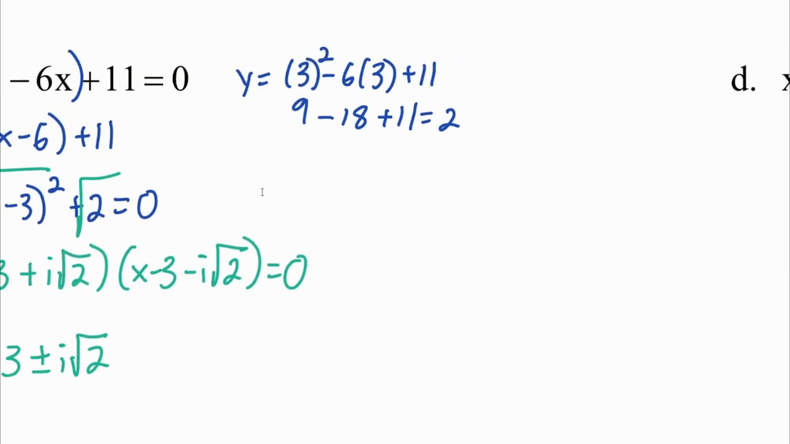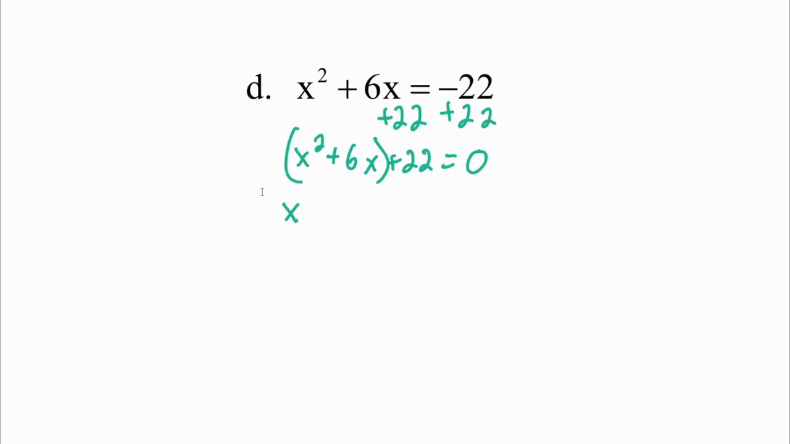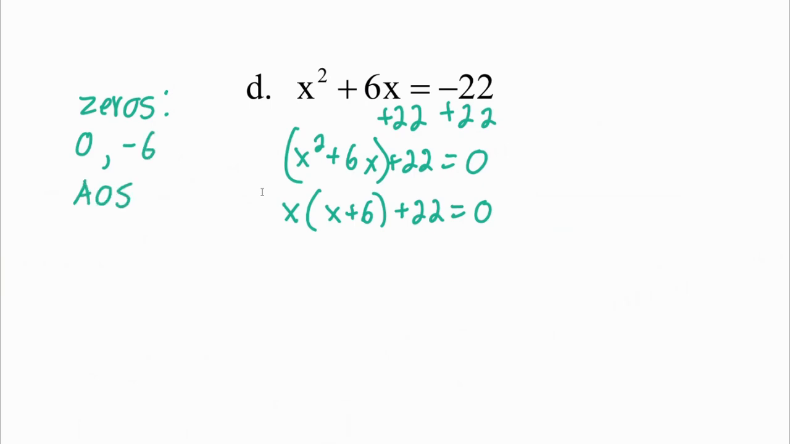Alrighty. Again, got to be equal to 0. So we'll add 22. We'll have x squared plus 6x plus 22 equals 0. So we look at the first two terms. Out of both of those, I can take out an x, and I'll get x plus 6. My zeros of that are going to be 0 and negative 6. And that will make my axis of symmetry negative 3. It's halfway between those. So then to find my vertex,